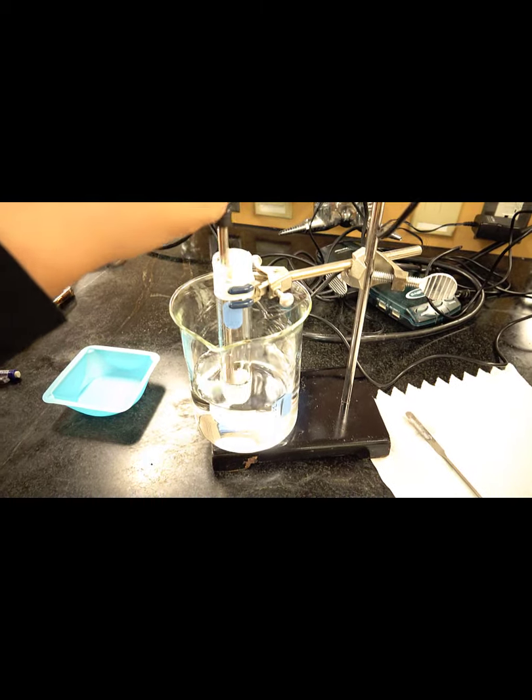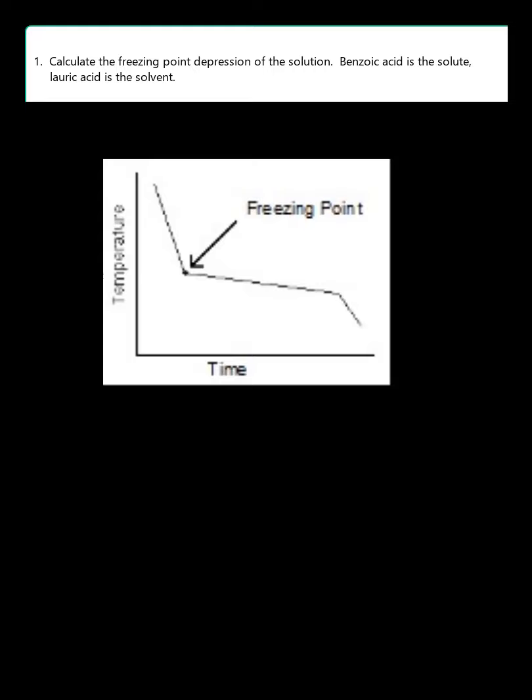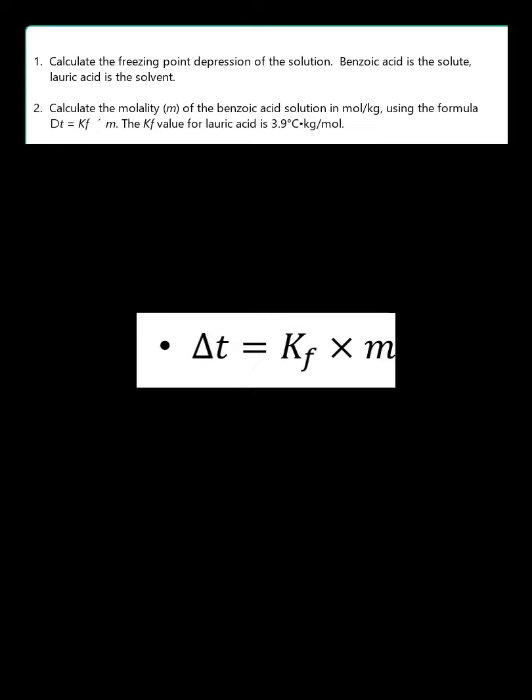solution is solid. For your lab report, begin by determining the freezing point of the pure solvent and the solution as described in the lab instructions. The difference between the two is the freezing point depression. Use your freezing point depression as your delta T and the Kf given to you to solve for the molality